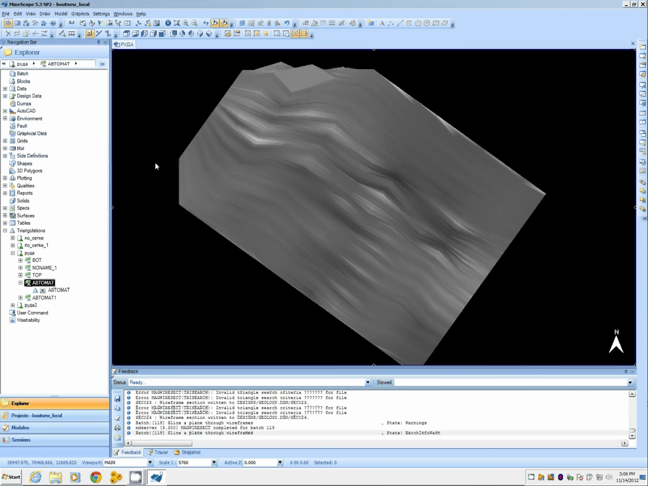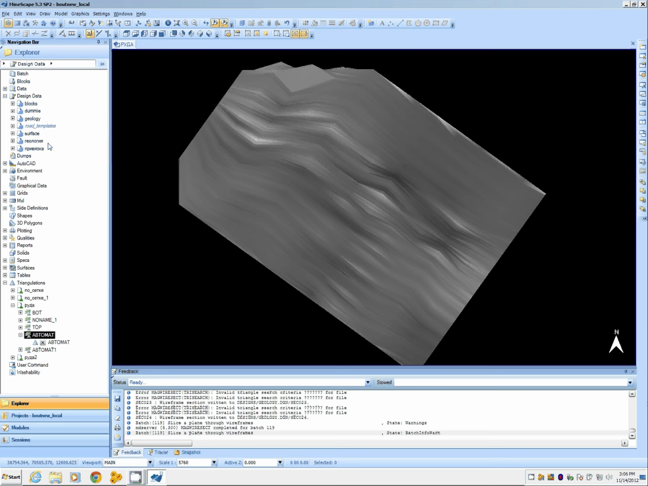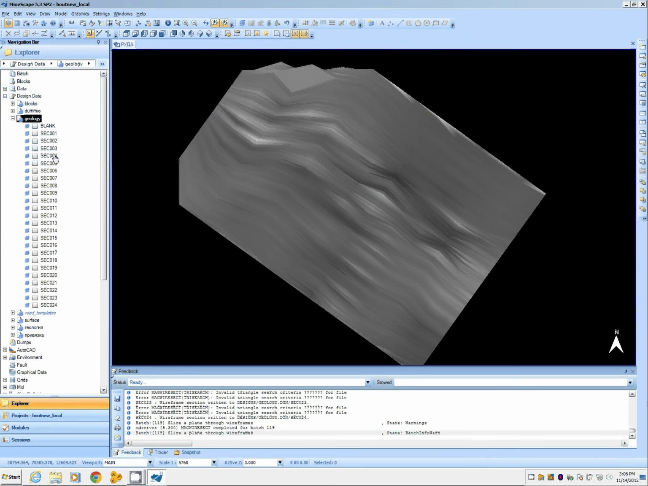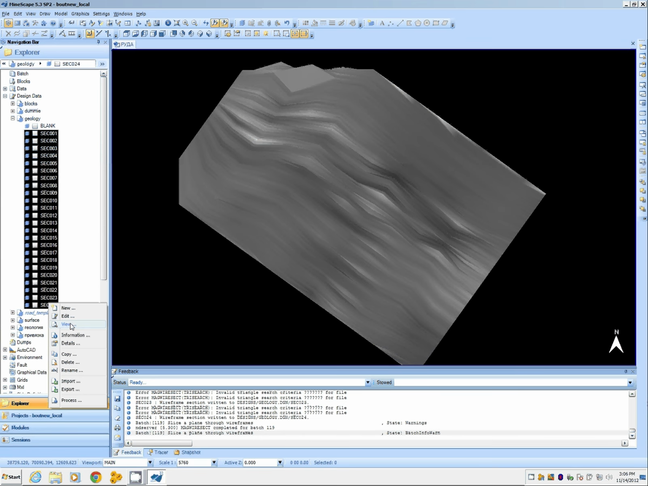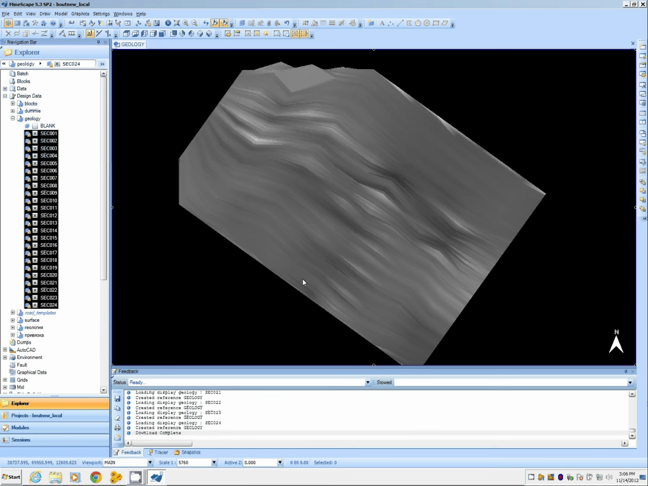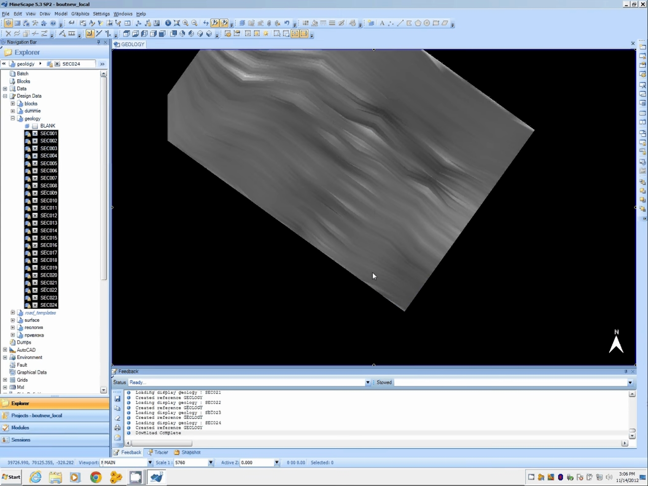and I need to go to design files, and I need to find the file called geology, and if I expand it I'll see quite a number of layers. I'll try to visualize them all at the same time and open them for view. I'll give it some time. Download complete. Let's see,